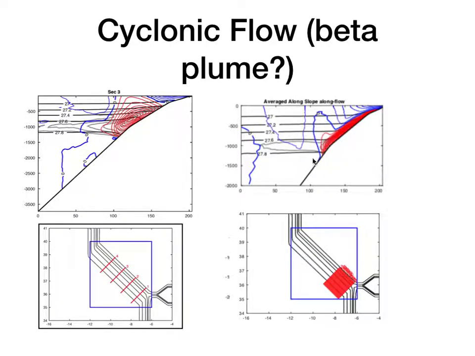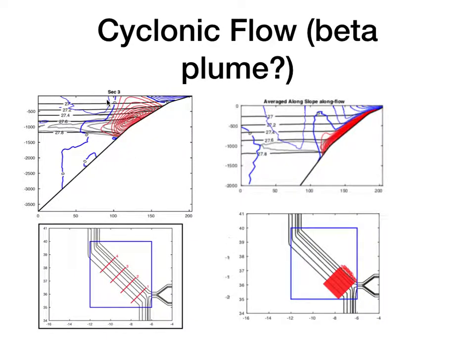In here we have the time and along-slope average flow over the main patch of the entrainment zone. So what we see is that the cyclonic circulation will be established much more clearly, somewhat away